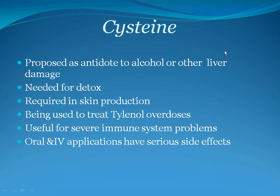So cysteine, the last one that's necessary. It is proposed and used actually in alcohol and drug treatment centers to keep people from getting as much liver damage as they could from their overdoses of drugs and alcohol. It is absolutely necessary in the cellular detox mechanism, and again is produced or required in skin, and they are using it in ERs now for Tylenol overdoses, along with glutathione IV treatments for not just Tylenol, but any kind of acetaminophen or ibuprofen type